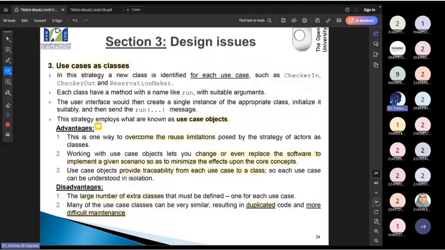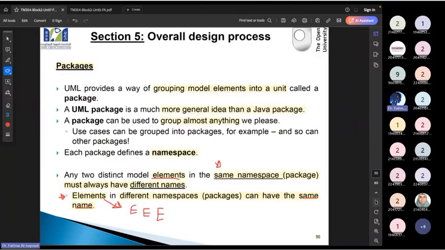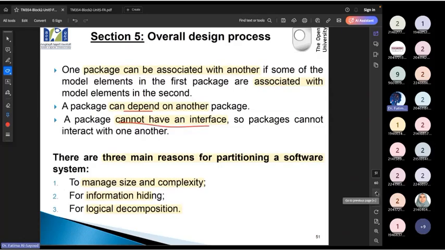But a package doesn't have any interfaces. So you cannot connect with another package, I mean, interact with another package. You have an association, but you are not interacting.